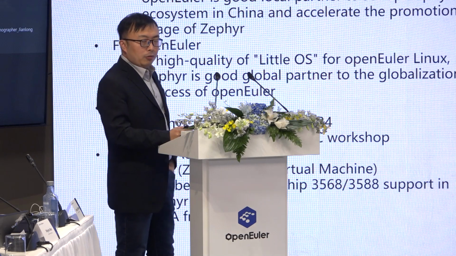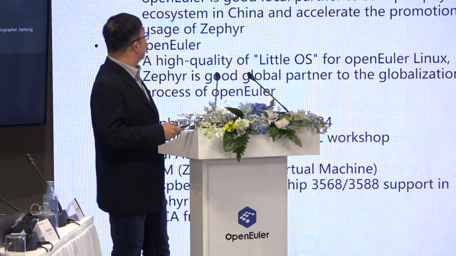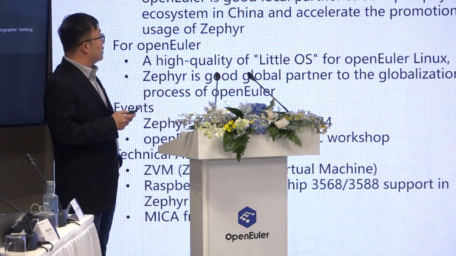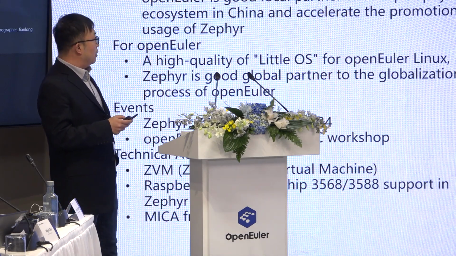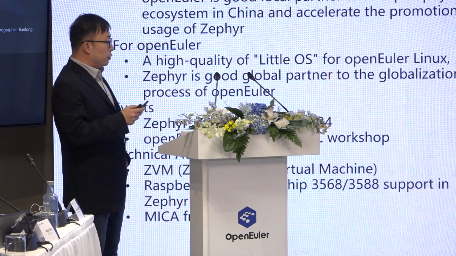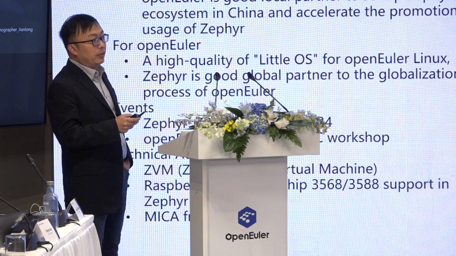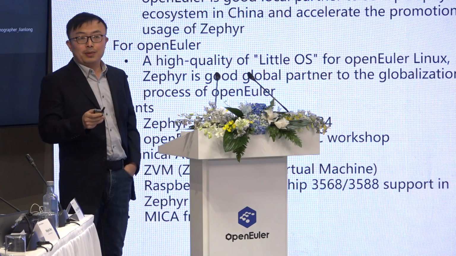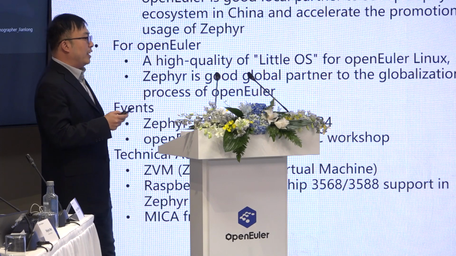So here I want to take Zephyr project as a good example for cooperation. We set up a SIG Zephyr in openEuler. SIG means special interest group. Through SIG Zephyr we want to do the introduction and promotion of Zephyr in China because it's a global project, but not so popular in China. So we want SIG Zephyr as a bridge to